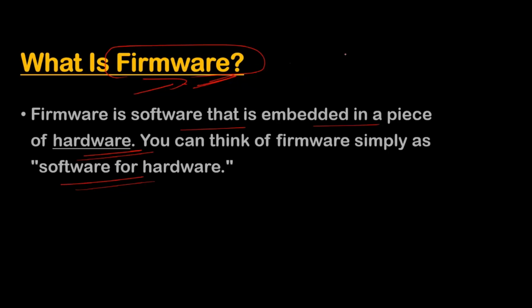Suppose you have a music file or a data file, or any other type of data. You can copy and paste that data into any type of memory, like your hard disk, SSD, or flash drive. But with firmware, you can place this BIOS only in ROM. You can't store this BIOS on any other memory like a hard disk or SSD. You can only store it in your ROM. That is why this BIOS is known as firmware.